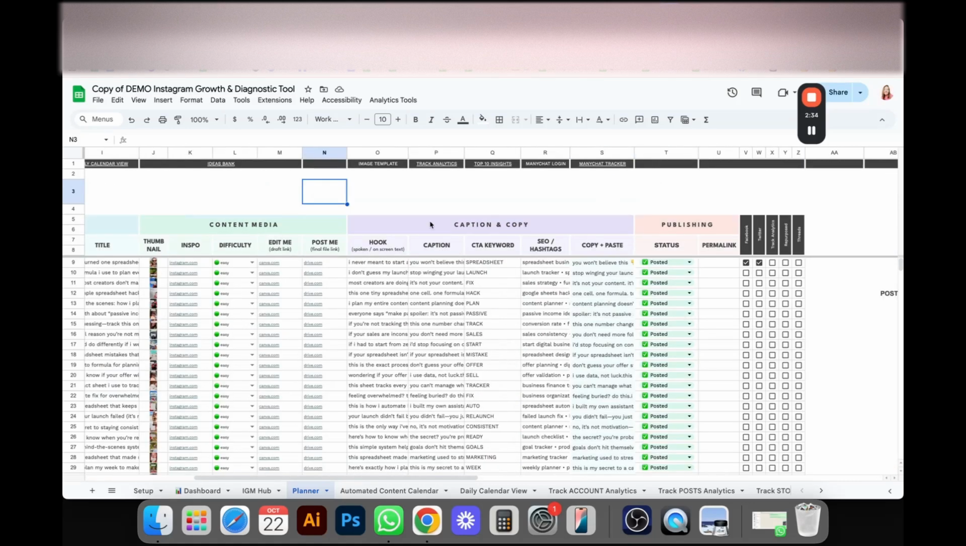Then here you have your caption and copy. So enter your hook, your caption, your CTA for the keyword, and then here you can just copy and paste. This is going to get your caption plus your hashtags. It will combine them so you can just copy and paste to Instagram. Okay, and then here you can select the status, so draft, scheduled, or posted. And then after you post it, you can enter the permalink in here, which is the direct link for the